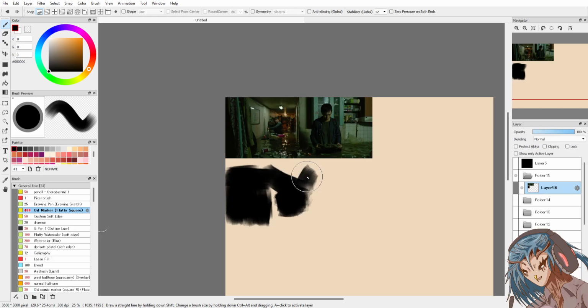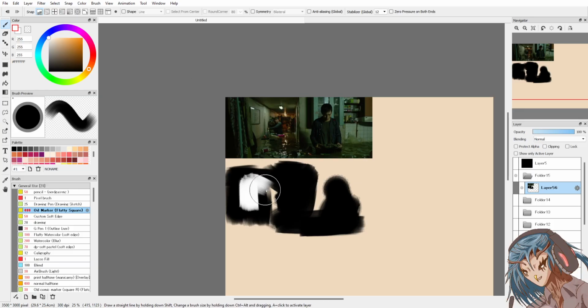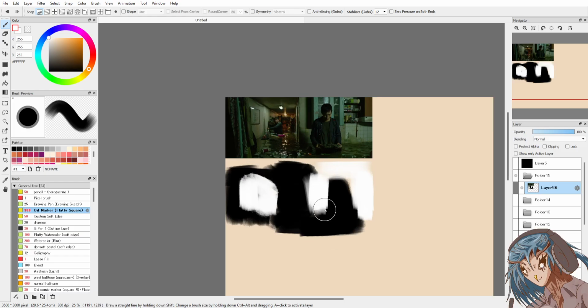Leading line composition. I need words for these compositions. It's like a tunnel. It's a hallway. Two characters.